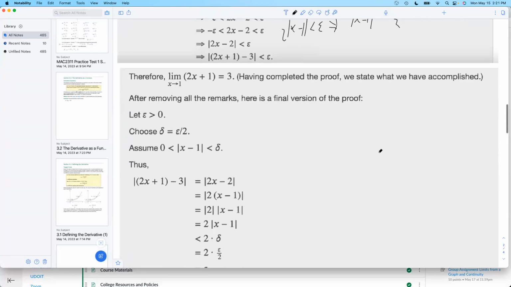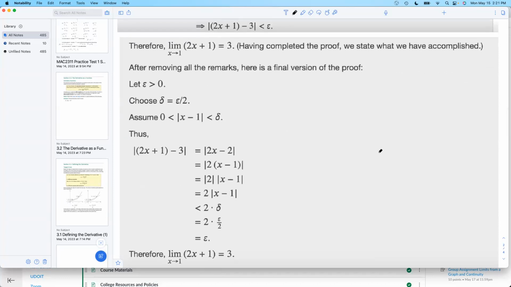Here's what the actual proof would look like. You always start these with, let epsilon be greater than 0. That's some arbitrary number. Then I already worked this out ahead of time. I know I want my delta to be epsilon over 2. Then if this is happening,